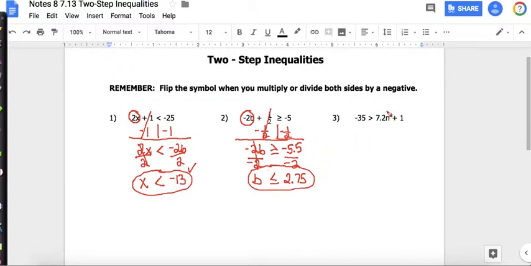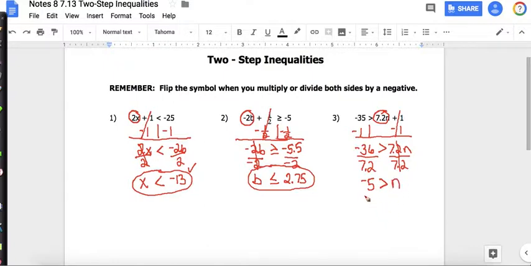Okay, number 3, circle your variable and draw your t. That tells us to get rid of plus 1, so the opposite of adding 1 would be subtracting 1. The 1's will cancel. Negative 35 minus 1 is negative 36. Is greater than 7 2/10 n. Now the opposite of multiplication is division, so we're going to divide both sides by 7 2/10. The 7 2/10 cancel. Negative 36 divided by 7 2/10 is negative 5, so negative 5 is greater than n,